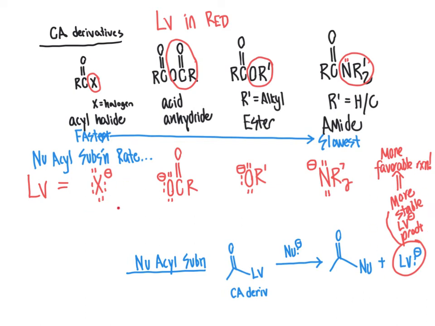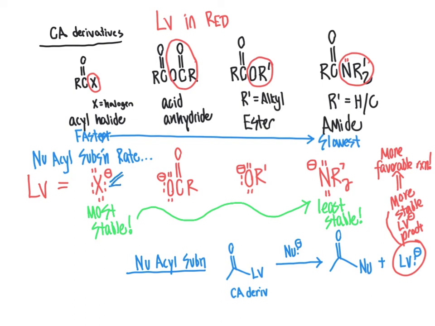we look up here and we go, okay, this order of reactivity exactly parallels the stability of these different leaving groups, where a halogen anion is going to be the most stable of these four leaving groups on the product side, because the halogen is the most electronegative of those four. On the other end of the spectrum, the nitrogen is the least stable, and the reason the nitrogen is the least stable is because it is the least electronegative of the four types of atoms that can act as the leaving group. So halogen here has the greatest electronegativity,